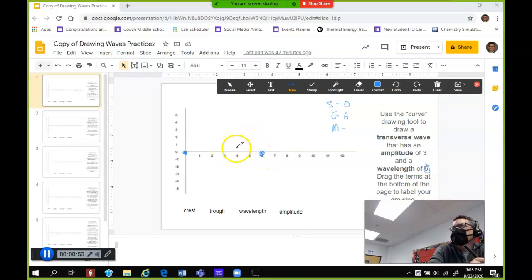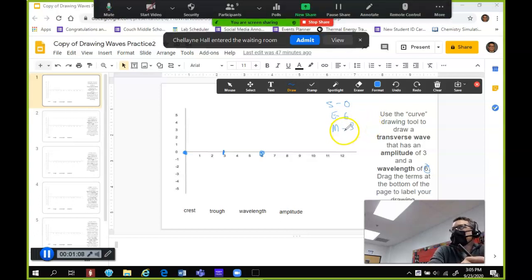Figure out what the midpoint is, because halfway between 0 and 6 is going to be 3. And the reason I'm putting the midpoint is because this is the point on the wave where it should go from the top to the bottom. And once I've got the midpoint, which in this case is 3, then that's going to be able to help me